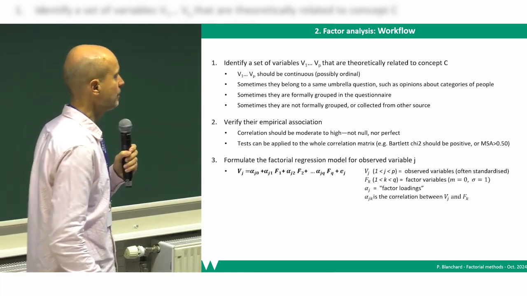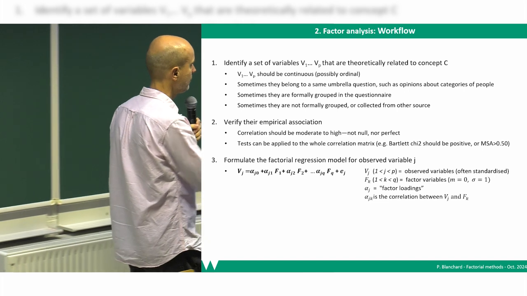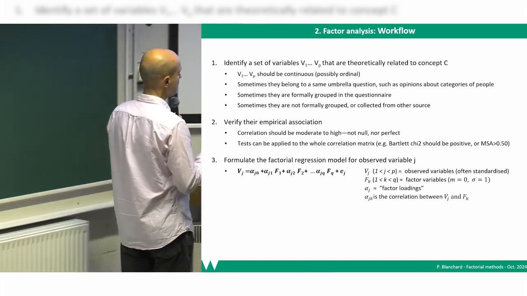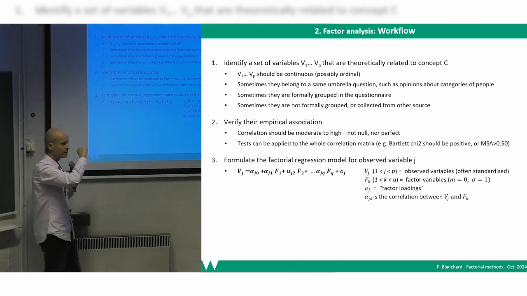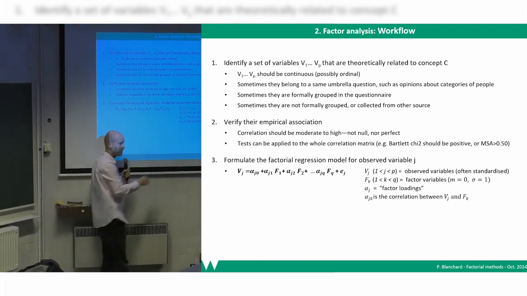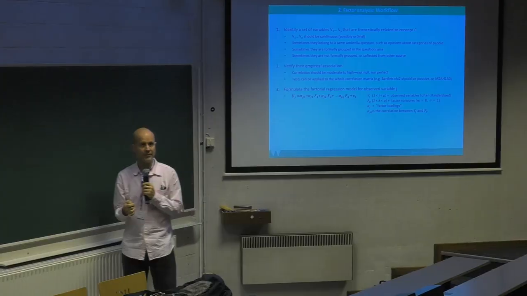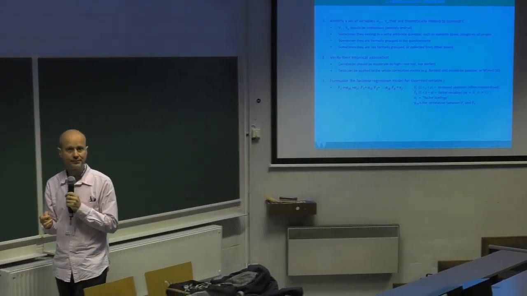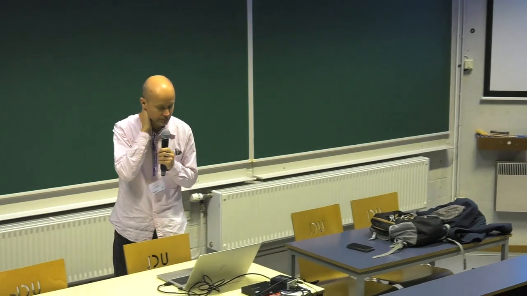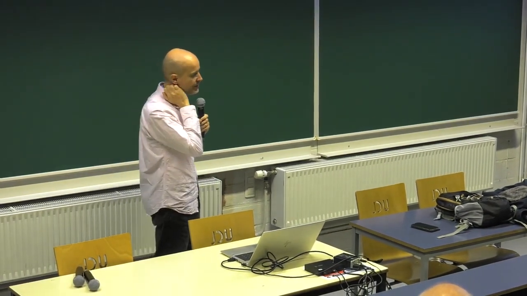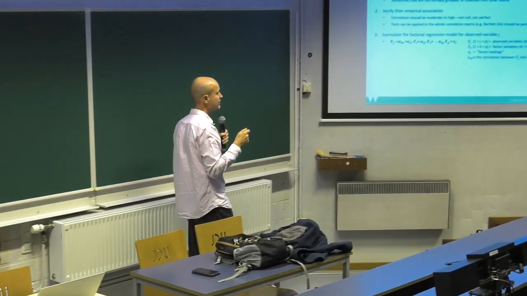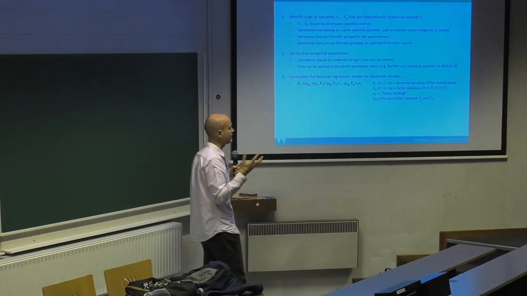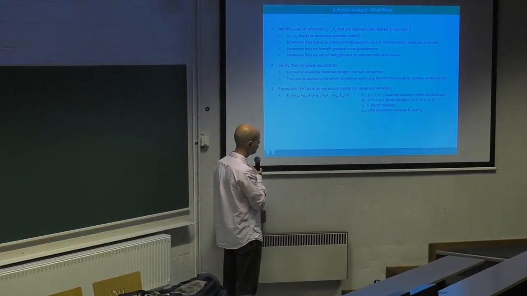And then this is the model. That's the only equation for this method today. So it's maybe not fully intuitive, but you formulate the observed variables in terms of the hypothesized factors, the Fs, okay? And it's a linear model. Straightforward. If you've done regression, you understand what I'm talking about, okay? And we want the Fs to be standardized again, so the mean will be 0 and the standard deviation will be 1. So that's quite convenient for what we want to do.